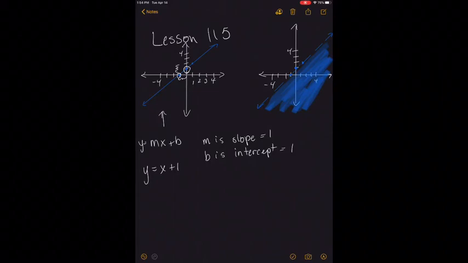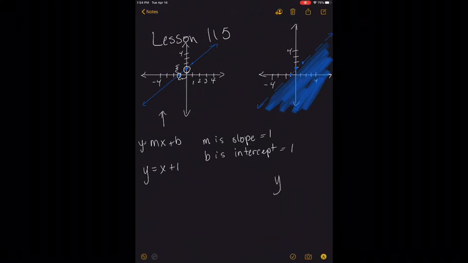So the inequality for that graph has the same slope and the same intercept. The inequality just looks like y is less than x plus 1, because beneath this line would be less